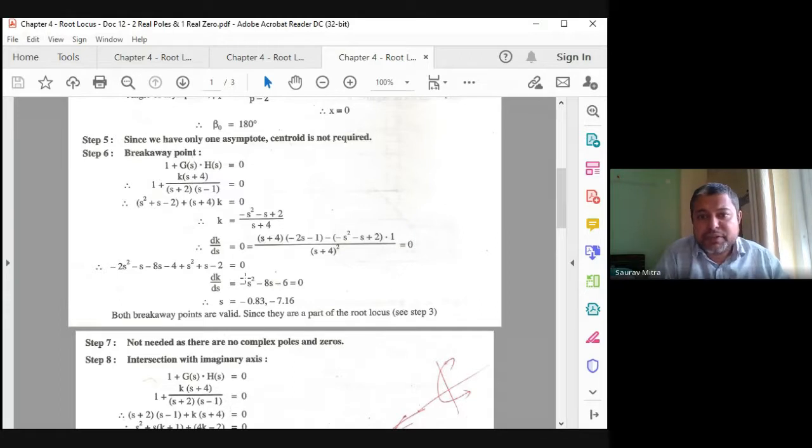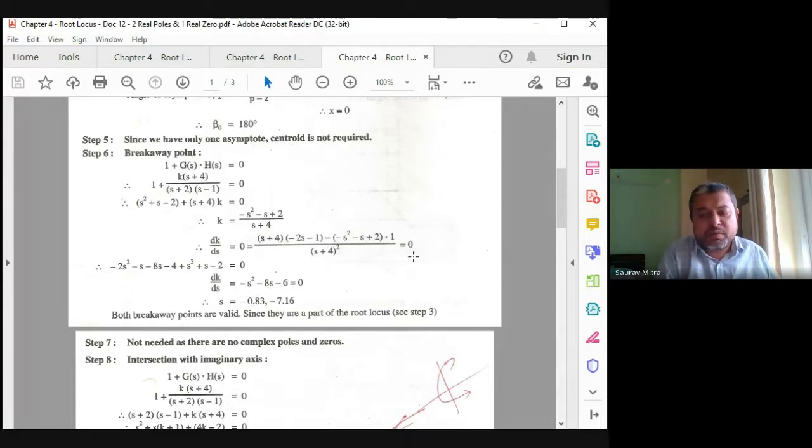So how to find the differentiation of that? And we only have to take its numerator. Okay. So only the numerator. That means this will be S plus 4 whole square. Then S plus 4 and the differentiation of the numerator with respect to S. So this is minus 2S minus 1. Minus whatever numerator part is there and the differentiation of S plus 4, that is 1. And now you have to solve the numerator, and solving the numerator, you will find it is minus S square minus 8S minus 6. So only take the numerator part of that.